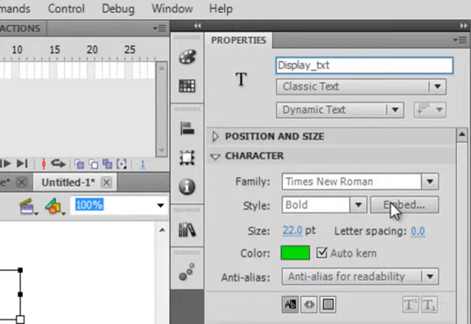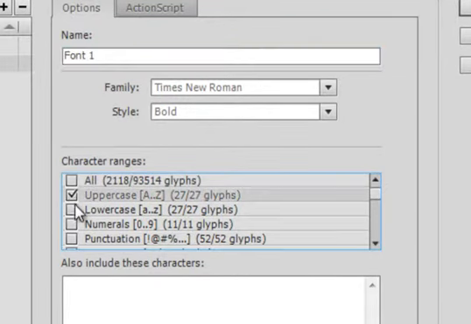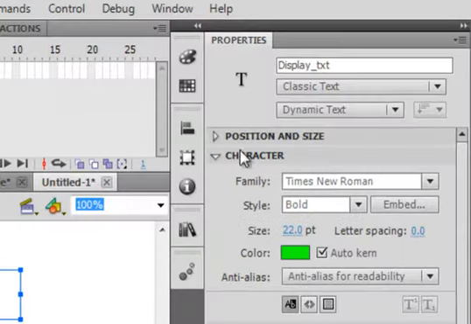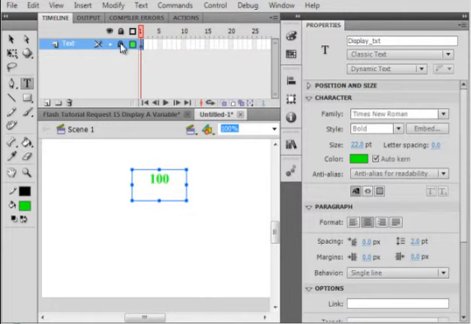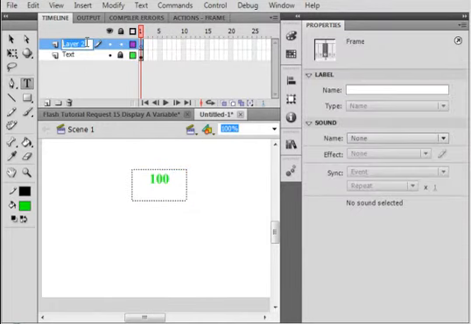And while we're at it, down here, embedded, click this embedded, and here uppercase, lowercase, numbers, and punctuations, and over here is the OK button. OK. Lock this layer, insert a layer, call it button,